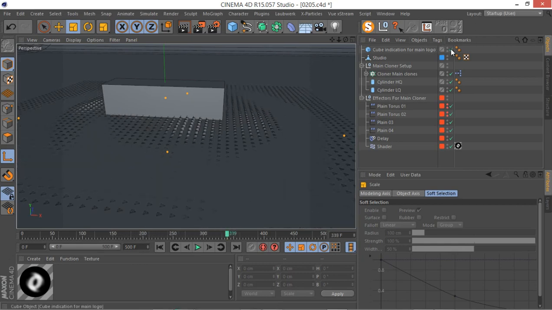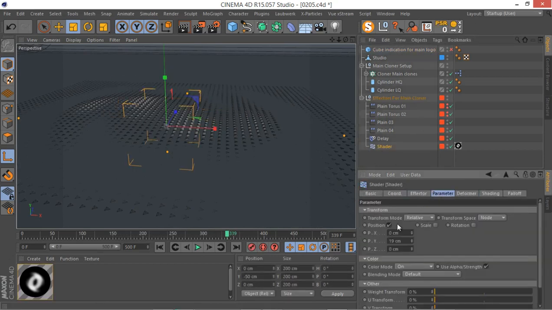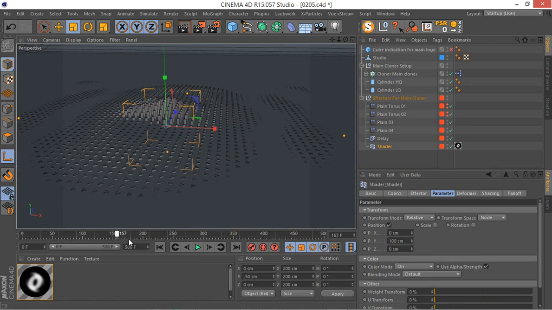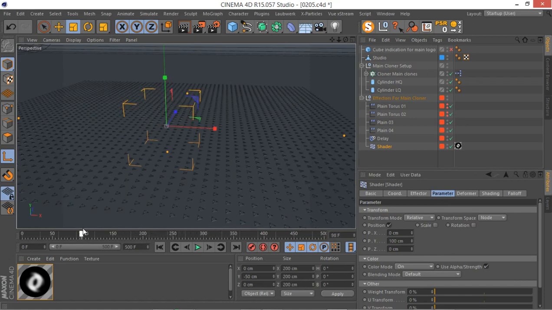Let me just delete this cube for now. I'm going to select my shader effector and go to parameters. Let's go to something like 100, so you can see the effect of that shader effector quite easily. And this is the effect that shader effectors create and gives us these very complex motions. If I hit play,